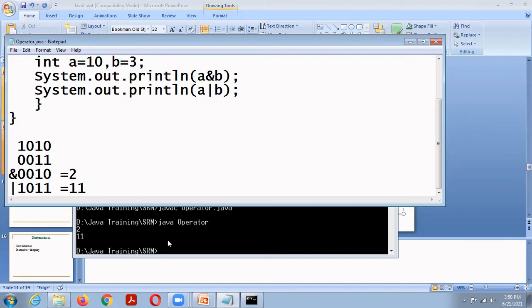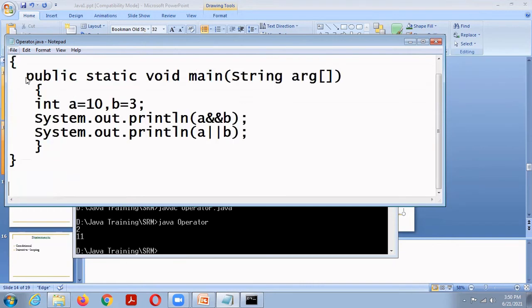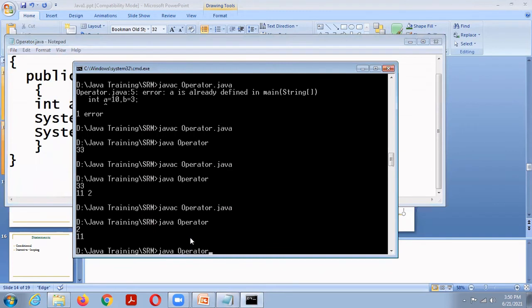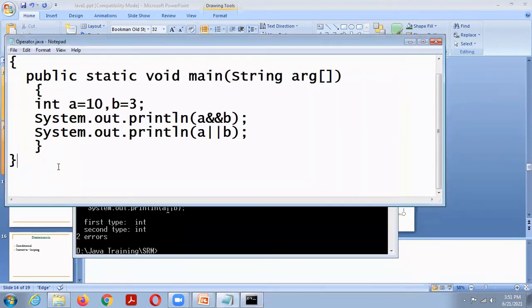If I give logical AND, A double ampersand B, then A double OR B. We can use the logical operator only with relational expressions.